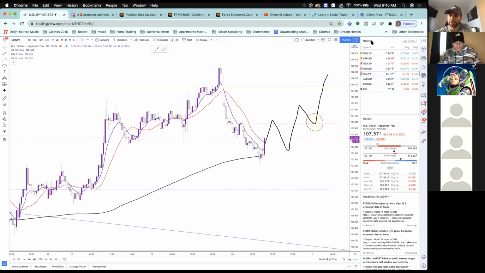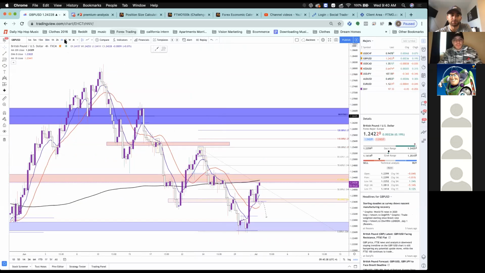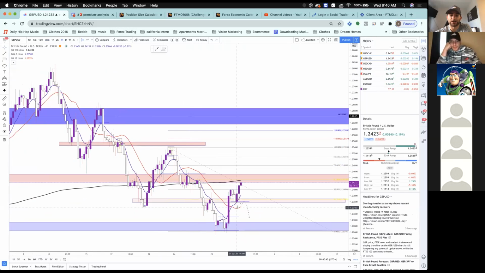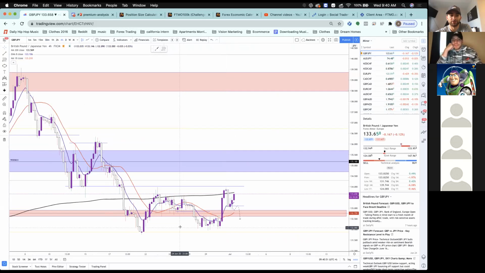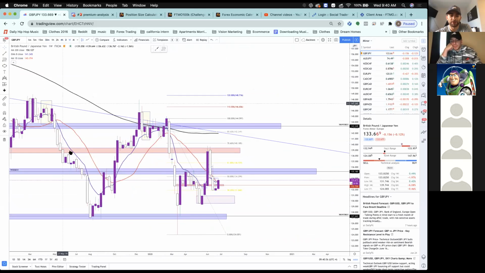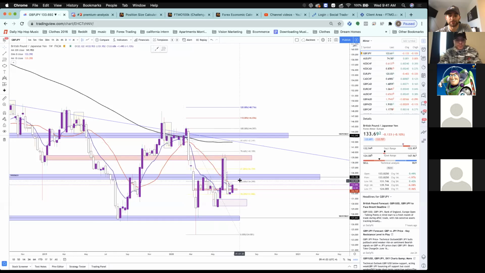And that is UJ. Let's go over GJ real quick. Like I said, on the 4 hour, let's bump up to the daily. The daily time frame is trying to find that next lower high, guys. When we bump over to GJ, it should look fairly similar. Let's go up to the weekly time frame. We have this lower low form, moving average cross, lower high form, moving average cross. Now we're back down in this area.